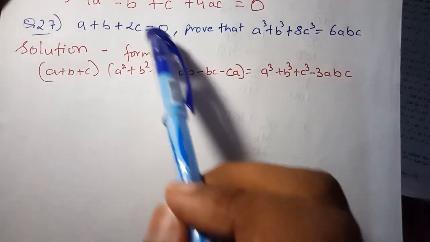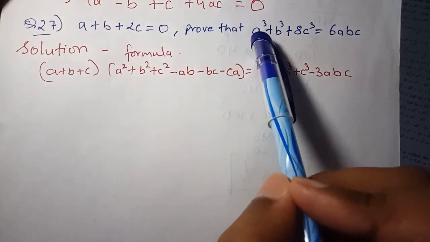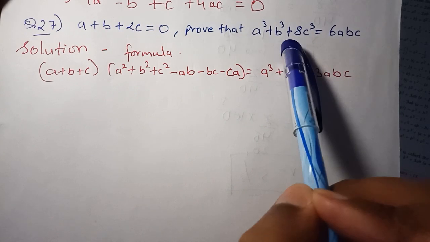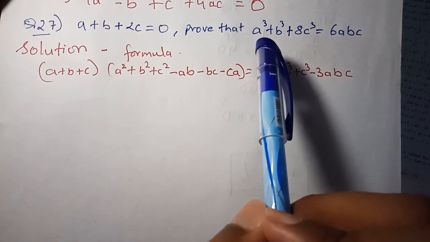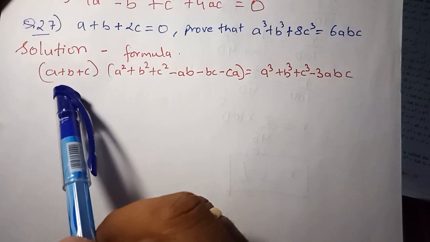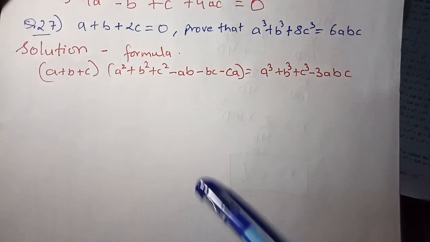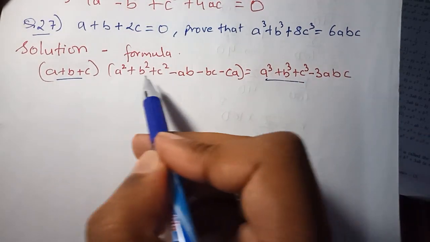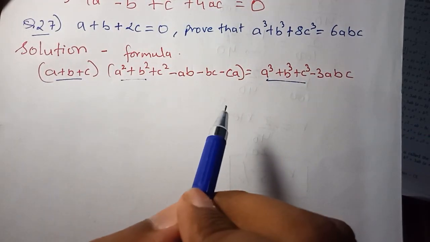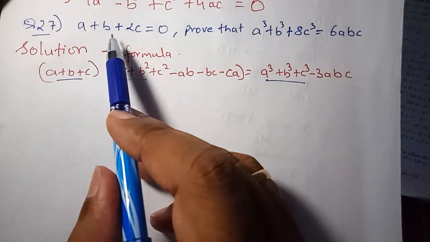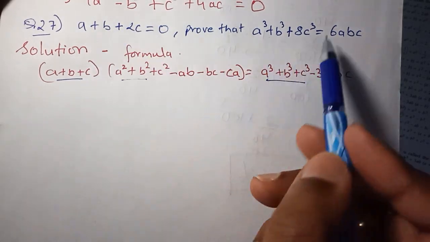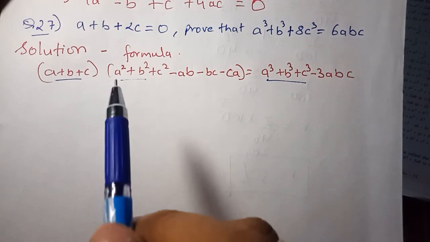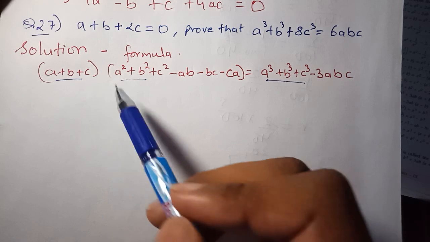Now the problem is, what is the relation between the simple terms and the terms which have cubes with them? There's only one formula. If you go through the first page of this chapter, you'll find there's only this formula that is related to this. The simple terms, the cube terms and also the square terms, this is the only formula. Okay, I need to figure out who's taking a's place, who's taking b's place, who's taking c's place.